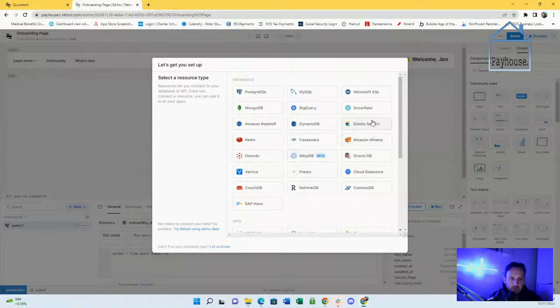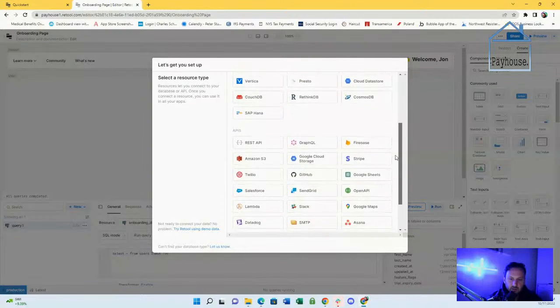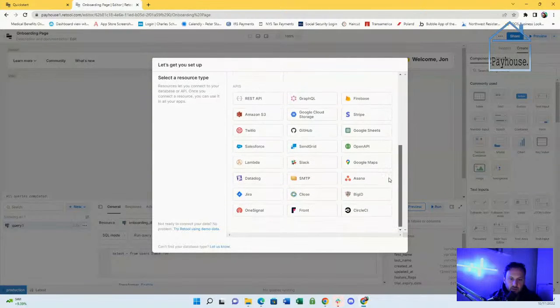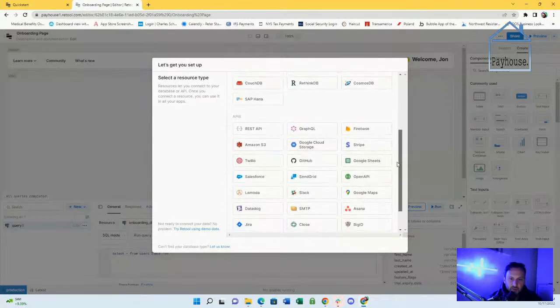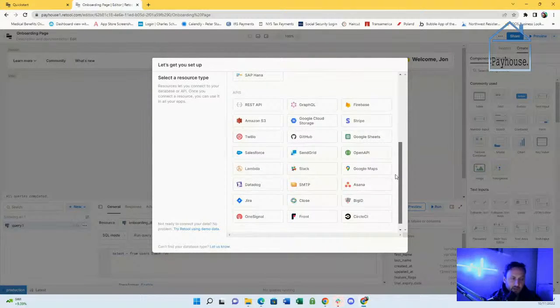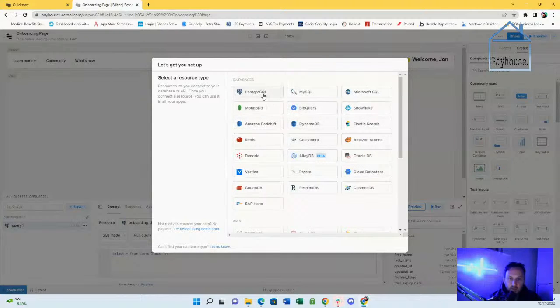I mean, I'm surprised that Xano and Backendless are not here, considering this is a no-code tool. And these look like the APIs that you can automatically integrate with. So they've probably done a lot of that API configuration for the APIs and stuff, which is cool. I just don't have any data sources coming from any of these